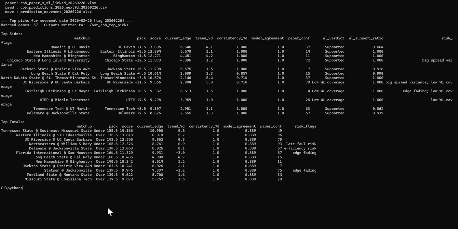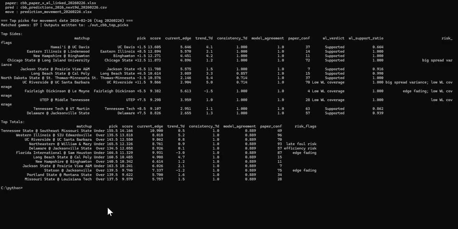I also have this college basketball one. This is one I'm working on right now to try to help me get some picks. It's looking at the movement, it's looking at the predictions and all of that. I also have what I call paper matchup predictions where I run team rankings and try to see on paper who the models think will win. And it uses that on this too. So the top part is going to be spreads that it likes. It likes a lot of the underdogs for spreads right now, which isn't necessarily a bad thing. But like I said, I want it to be really good, and I feel like it should be more even than picking these. But if they're hitting, that's really all that matters.